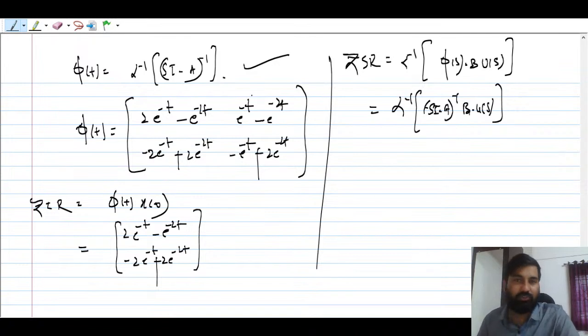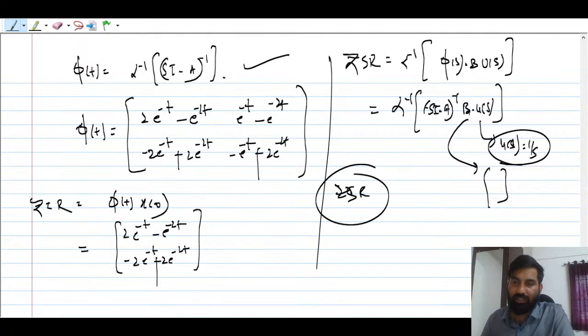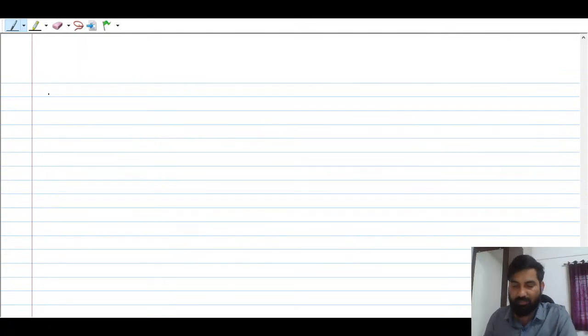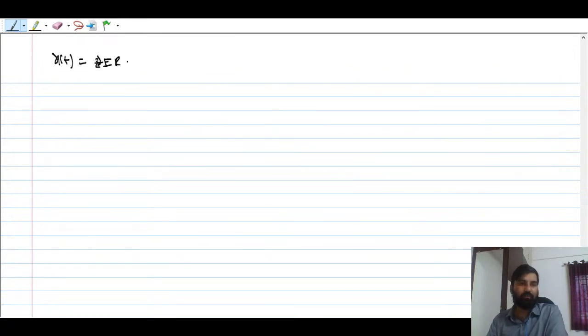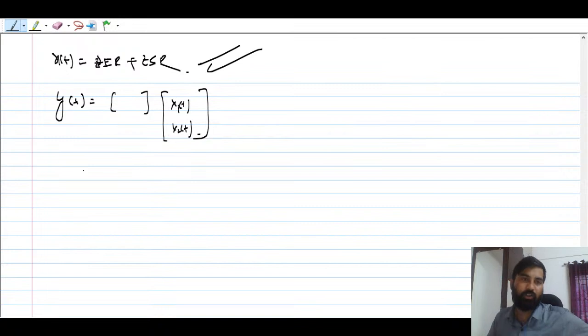So B matrix रहेगा, sorry, U of S is simply input, not matrix, B is the matrix, okay। तो U of S is basically 1/s, ठीक है, और यहाँ पर B मैट्रिक्स आपका कुछ ऐसा है, राइट। तो आप मल्टीप्लाई करोगे, ठीक है, तो आपका आ जाएगा ZSR। ZSR वंस यू गॉट ZSR, राइट, उसका L इनवर्स निकाल के, तो आपको टोटल आएगा XT, राइट। जैसे XT आ जाता है, XT इज नथिंग बट ZIR प्लस ZSR, तो आप सीधा सीधा आउटपुट निकाल सकते हो, Y of T इज गोइंग टू बी C मैट्रिक्स टाइम्स, यहाँ पर आप लिख दो X1T X2T, मतलब आपको जो भी यहाँ से मिलेगा, राइट, तो आपका आउटपुट आ जाएगा।